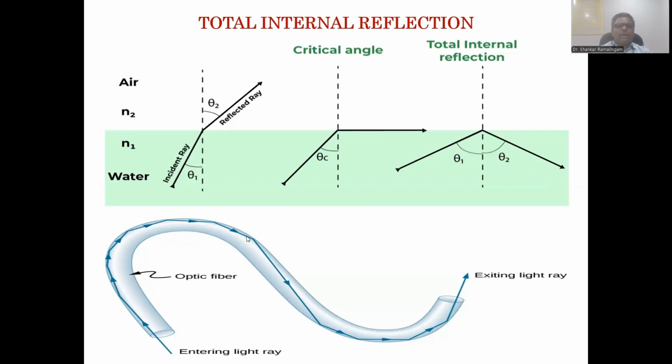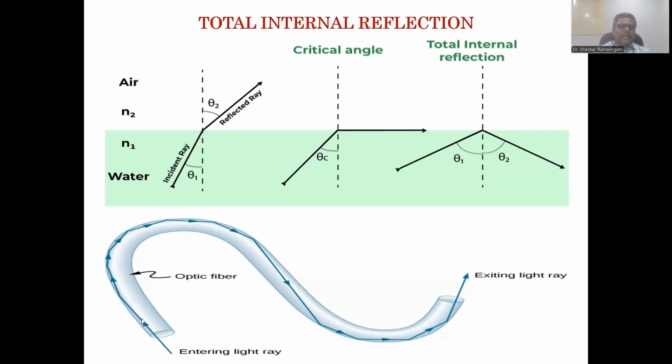Okay, so that cladding is going to have a comparatively lower refractive index, like our air here. This core has a higher refractive index, like our water here. So our refractive index is going to be higher for our core and lower for our cladding. So when this higher refractive index core and lower refractive index cladding receive a light signal,